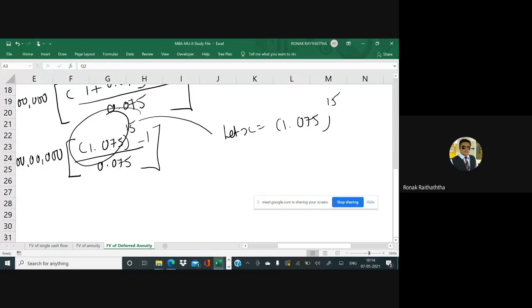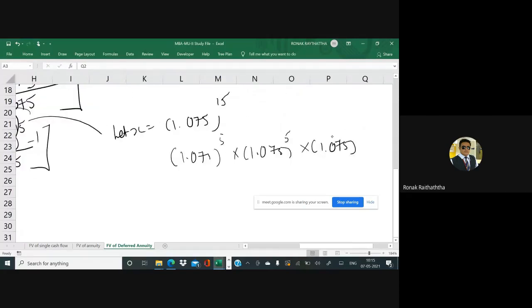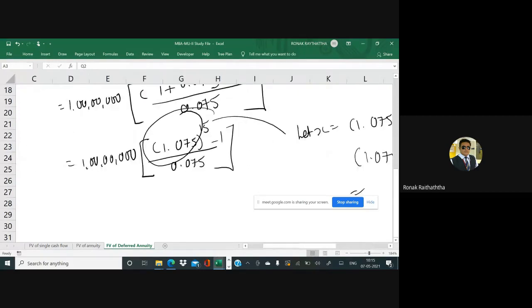You may take the log as well, or you may, my friend, just simply calculate it. No need to take the log as well, right? So if you are lethargic, you are too lazy like me to calculate it for 15 number of times, you may do a shortcut of it. 1.075 raised to 5 multiplied by 1.075 raised to 5 multiplied by 1.075 raised to 5. So whatever the value you get, reduce 1 from there. Don't forget the 1, and if you forget the 1, it is your loss, nothing goes from mine.